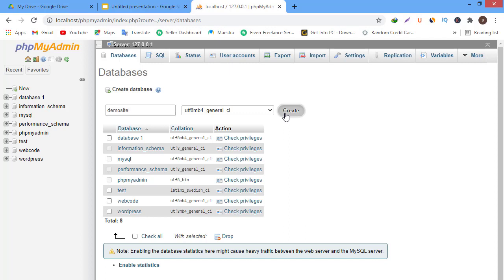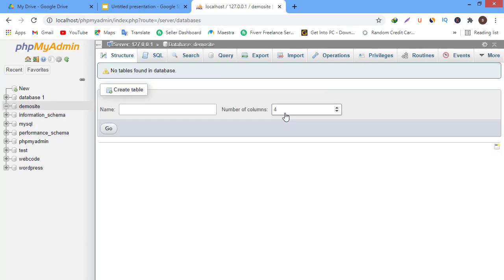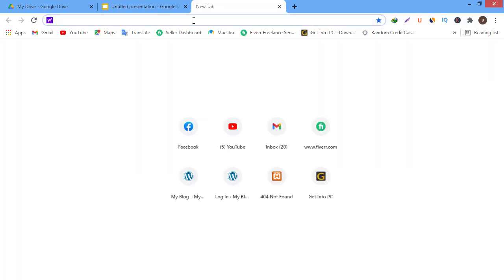Click on Create. It will create a database for our site, demo site. Now close it. We only did this to create the database, and we connect this database to our site.